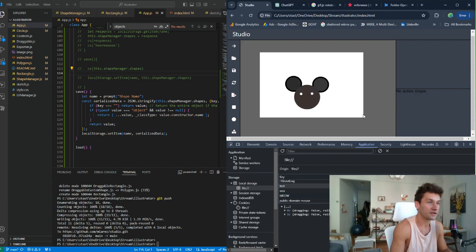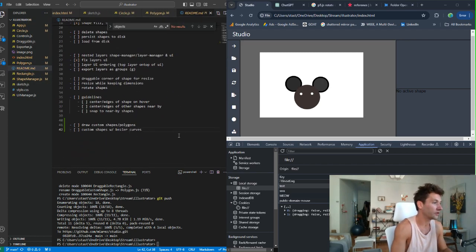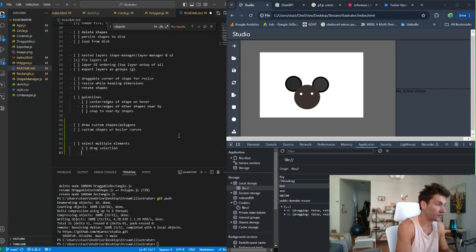Now something I want is, let's go to the README quickly. That's something I really want to add soon. It's like select multiple elements. Where's my README? Oh my god. We're gonna go here and we'll say select multiple elements, and we'll do this via a couple things. So we'll have a drag selection, and then we'll have